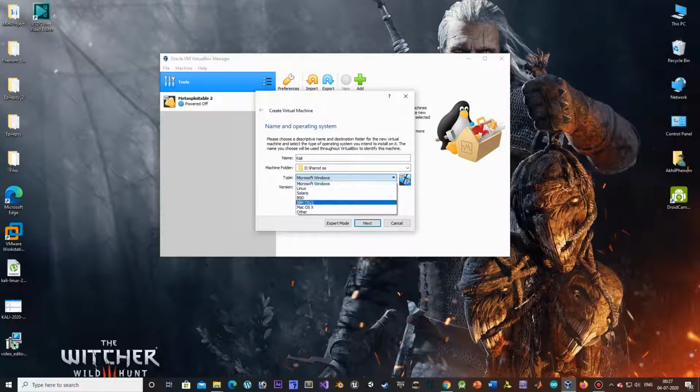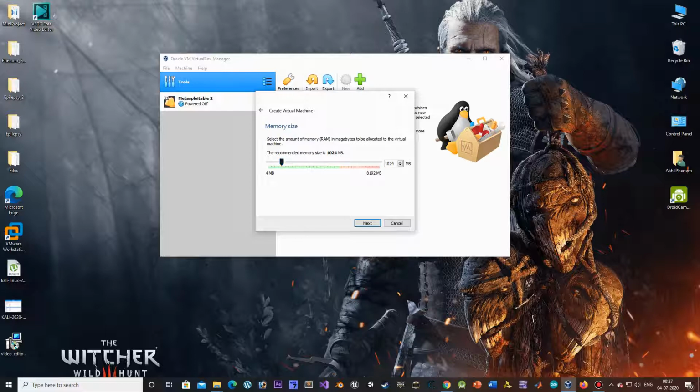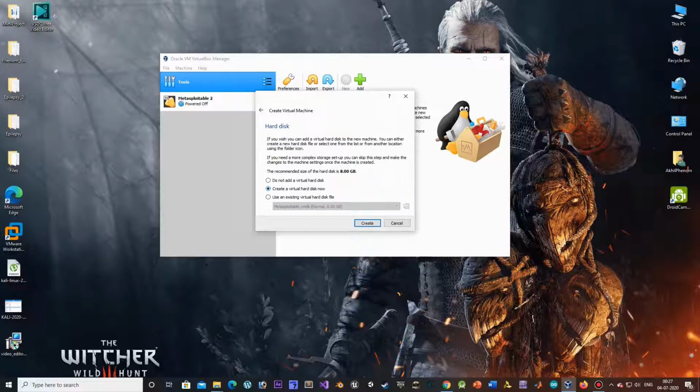And select the type as Linux and version as Debian 64-bit, because I'm using a 64-bit operating system. Click on Next, and you could fix the memory size to the recommended 4 GB here, and you could now select between these hard disk options.